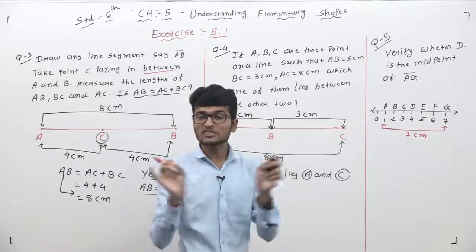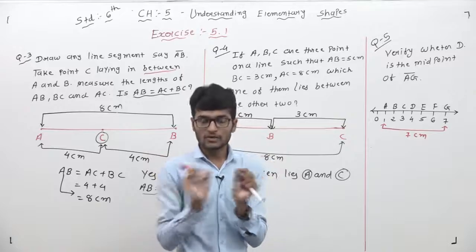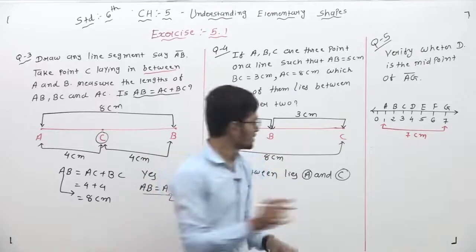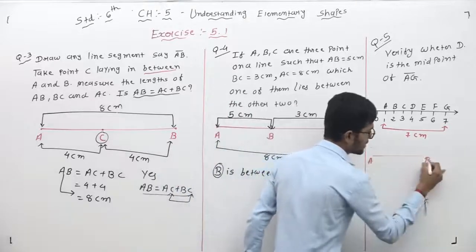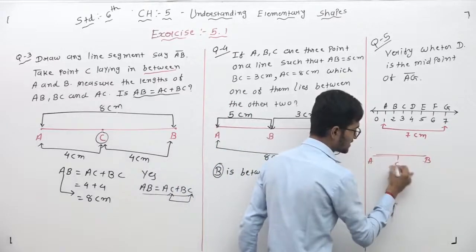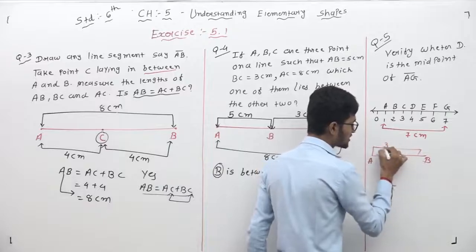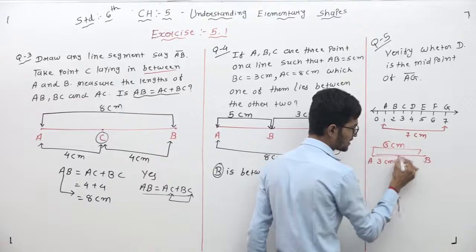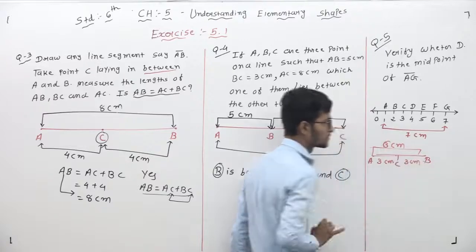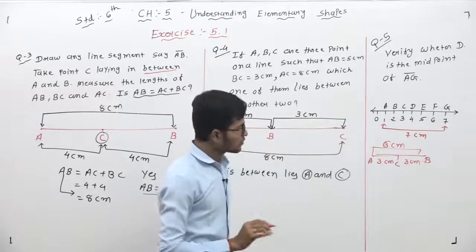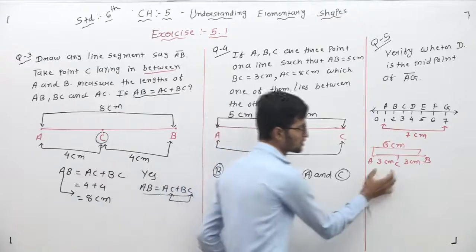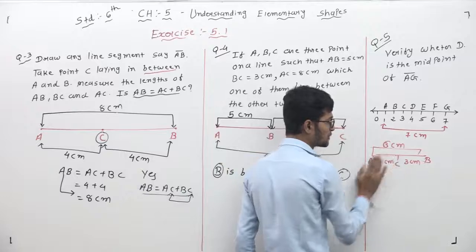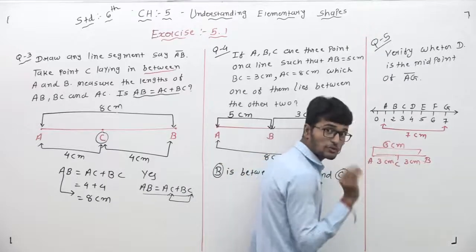D is the midpoint. It means midpoint means two equal parts. If you are given one line segment and one midpoint, suppose A and B, right? And here is C. So AB total distance is 6 centimeter. So from here to here the distance is 3 centimeter and here is also 3 centimeter. Right? These are each 3 centimeters, means two equal parts. How many? Two equal parts. This means C is the midpoint of AB. So understand what the midpoint is.